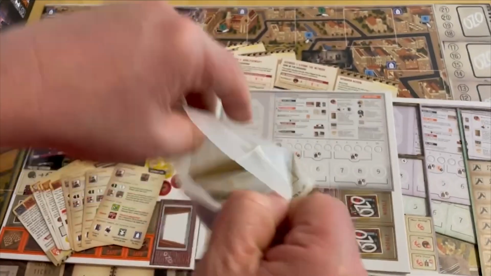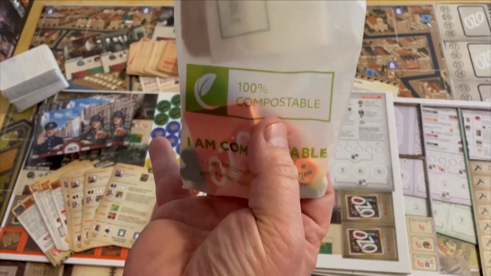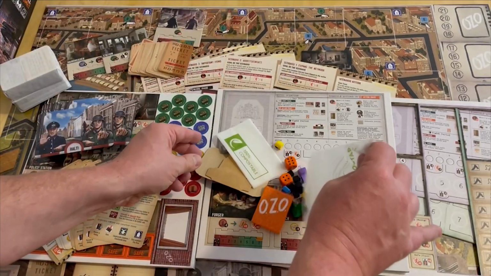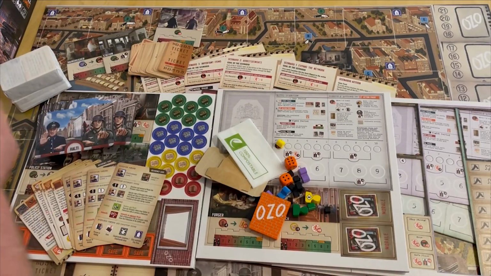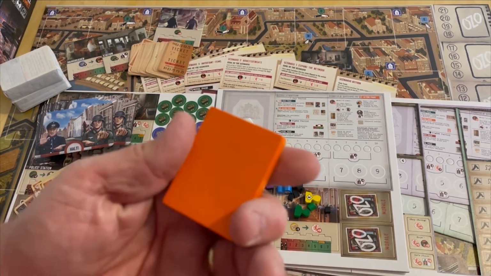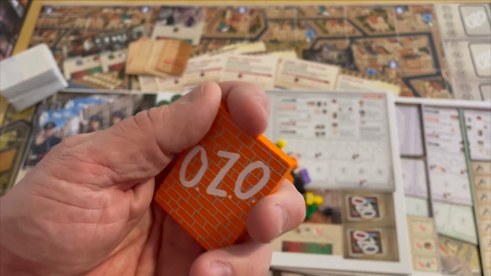Also really like this. I've started seeing these. These might be recycled. Yep, compostable, 100% compostable bag. I think that's kind of cool as well. Here, we'll put that over there. I'm going to obviously keep my pieces in it. Not sure what OZO stands for in Dutch,